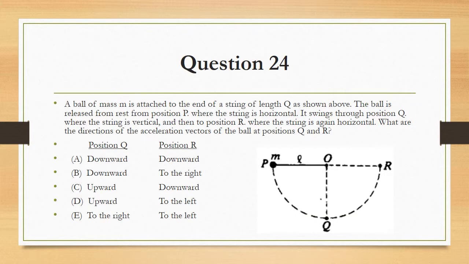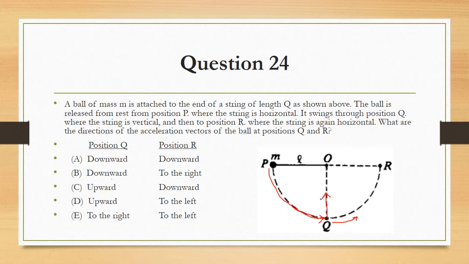We're asked to figure out what is the direction of the acceleration at these two positions. Starting from the bottom, this is the easier part. At point Q, the ball is no longer accelerating downwards in a tangential way. It's no longer speeding up, because gravity was making it speed up from P to Q. But at Q, it has not yet begun ascending, but it has stopped descending, and so its speed is instantaneously constant, but it is still accelerating because it's moving in a circle. So it's got this centripetal acceleration, so the answer for position Q is upward, so it's got to be either